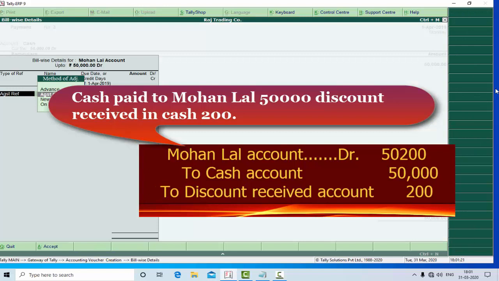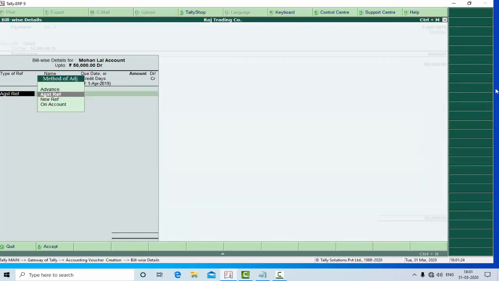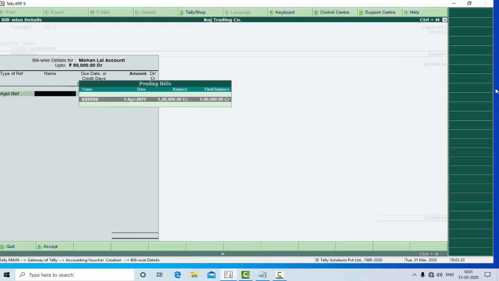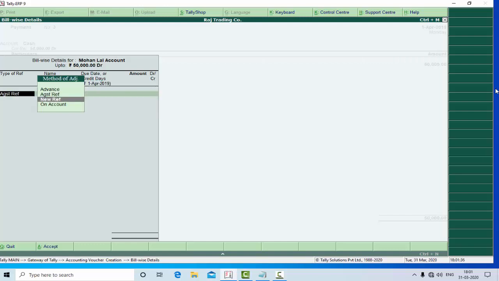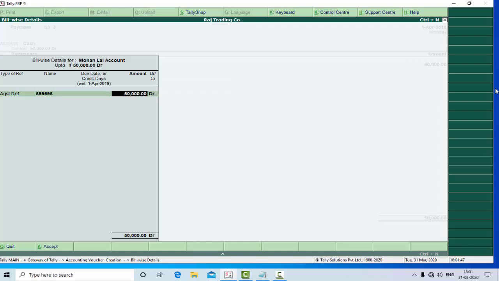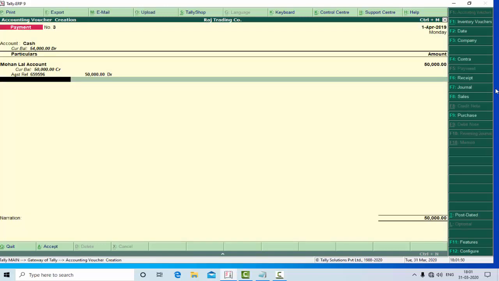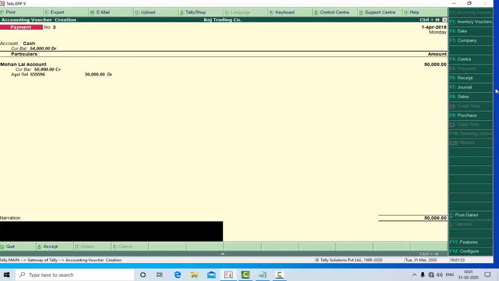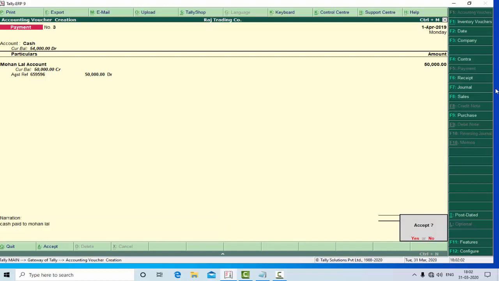And again similarly, when we receive the payment from customer, adjust from the bill. Similarly, adjust this payment from this bill, adjust reference. When purchase, go in new reference option, and when adjust, go in adjust reference option and select the bill whose payment is made by us. Select the bill payment from here, enter the amount 50,000, and that amount will be adjusted from the bill. So I think you understand. And type the narration, cash paid to Mohanlal. I think you understand how to enter this narration.